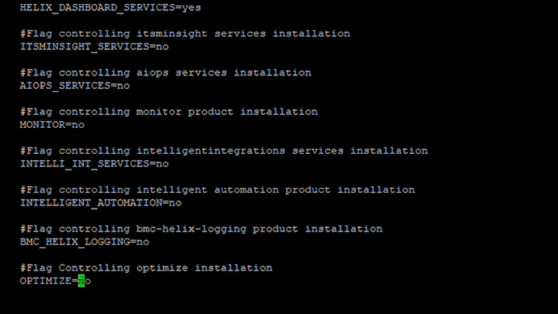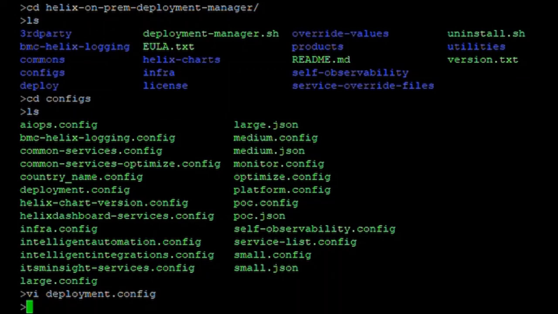So you change no to yes. Great. So that is the first part. And that part tells me where to get my containers from.